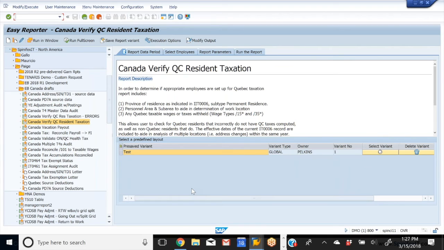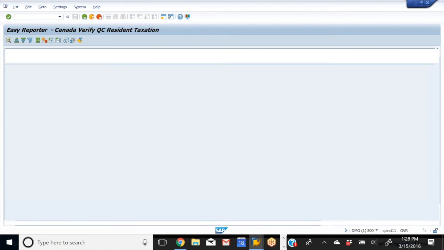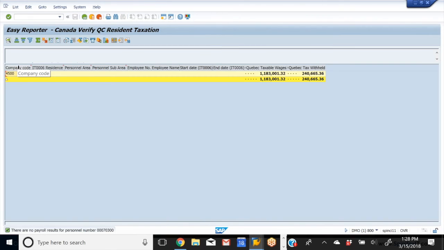So we've got this report out here, and you actually can run it two different ways. I'm going to run it the first way, which is just the basic, I'm running the report. So I come in here, here's the report. I've got a variance that I'll select, and I'm going to run this for you. And this is going to actually report on all of my Canadian employees, regardless of whether they're Quebec or not. I'm just going to get all the data organized in a way to make sense of it. So it's rolled up at the company code level. If I expand,